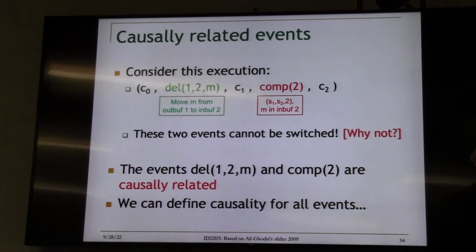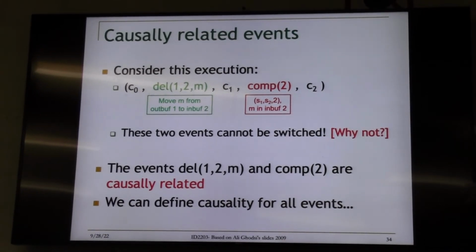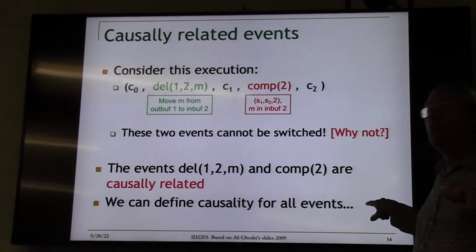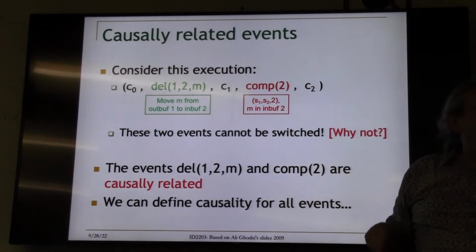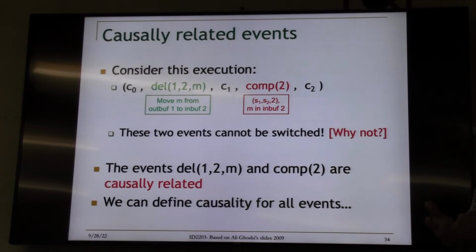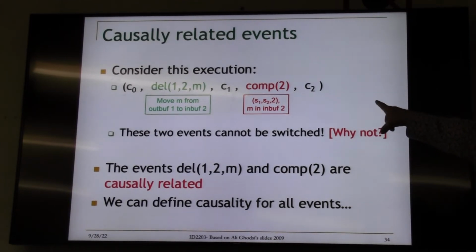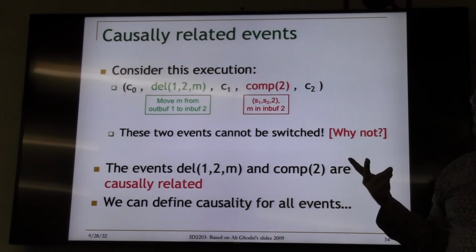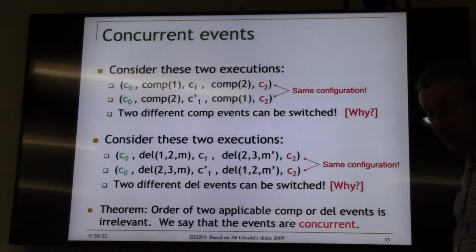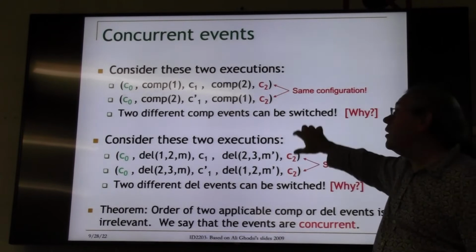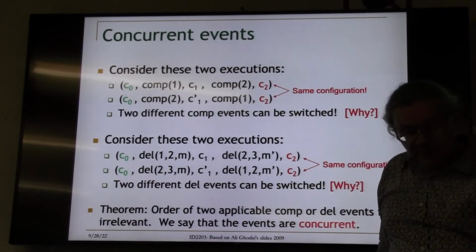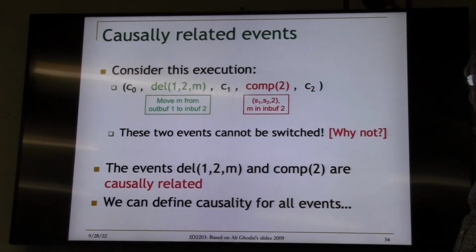Sometimes events are causally related, but we can actually define exactly when they're causally related. So this is one case when they're causally related, but we can define more precise. You see that there's a connection between these two. You cannot switch them without changing the result. Whereas in the previous case, you switch them, it affects nothing in the result here. These are concurrent. And the other one is, these two are causally related. There's a causal